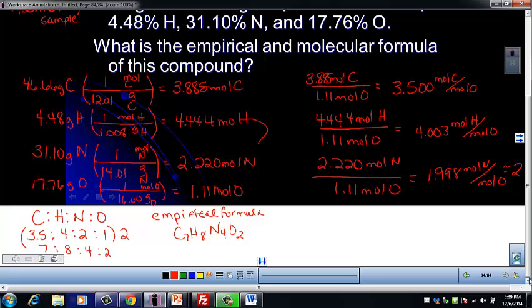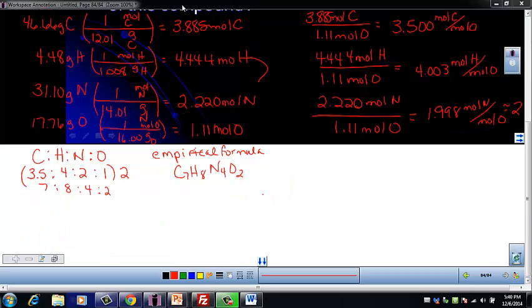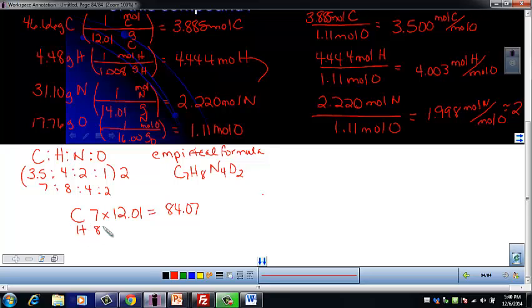I'm going to bump this up again. We need a lot of space to do these ones. Okay, so go ahead and add up the molar mass for your empirical formula, and then just skip ahead and check your work. So for your carbons, you've got 7 carbons times 12.01, and that gives you 84.07. For your hydrogens, you've got 8 of those times